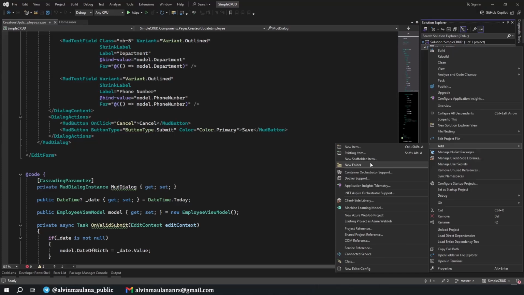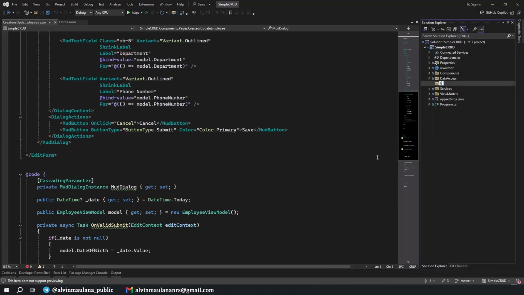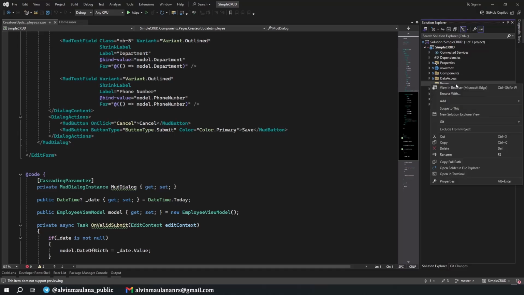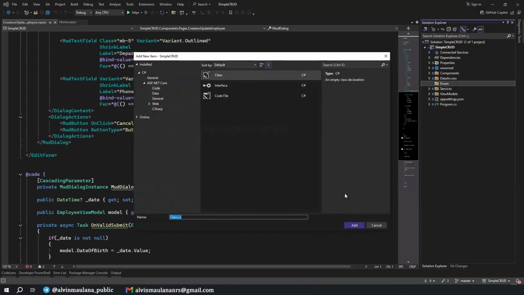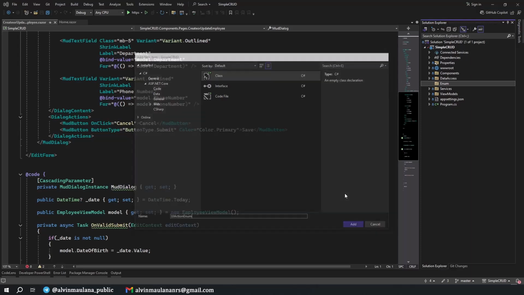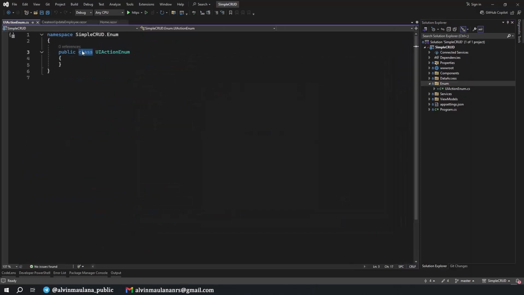Maybe we just insert into a new folder, enum, class, UI action enum. Change it to enumerator, and we have insert and update. Okay, I will tell you about this later.